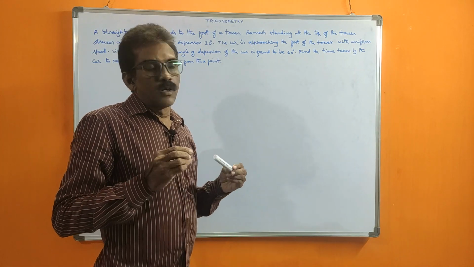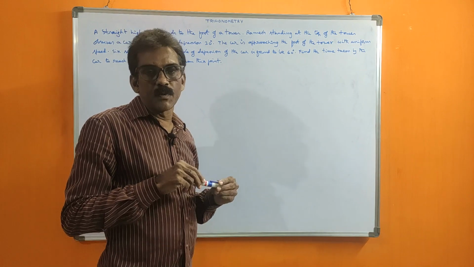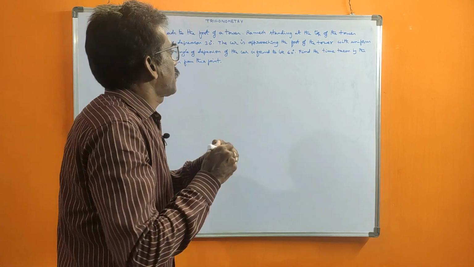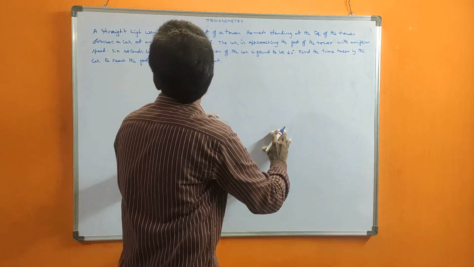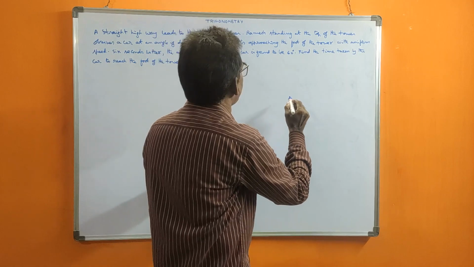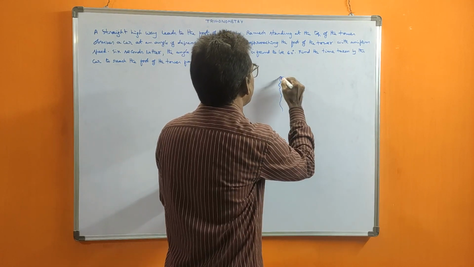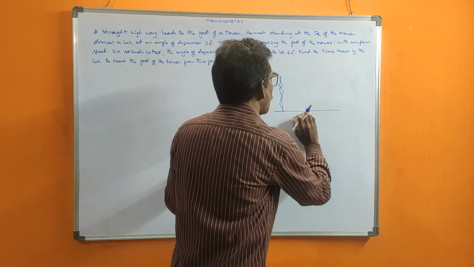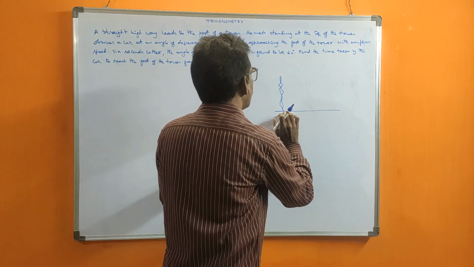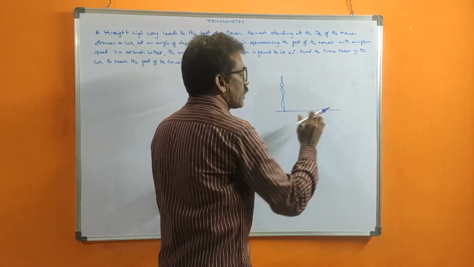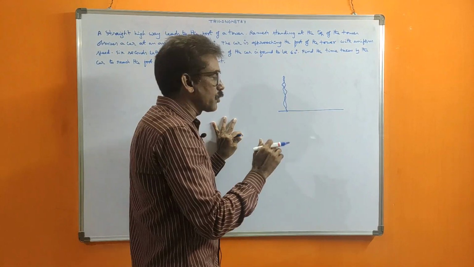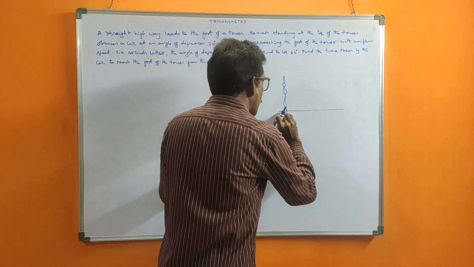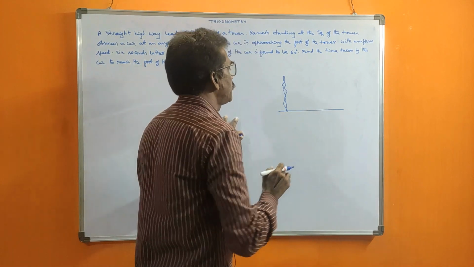So, you should know the meaning carefully and draw the diagram, then only you can solve this. First, rough. I am telling rough. A straight highway leads to the foot of a tower means one tower is there like this tower. So, that means the highway road is towards the tower. From the foot of the tower, oppositely, one highway road is there. That is the meaning. In front of this tower, a straight highway line is there.